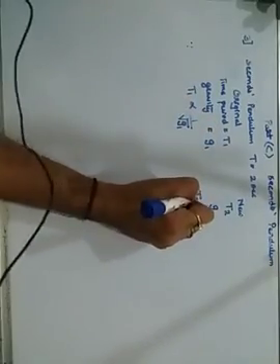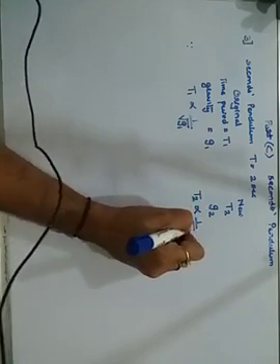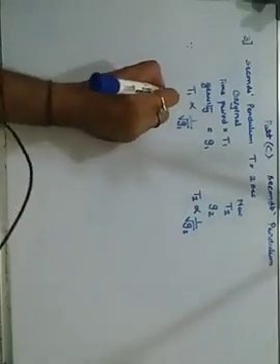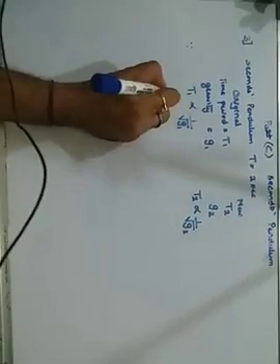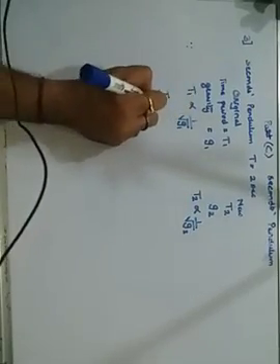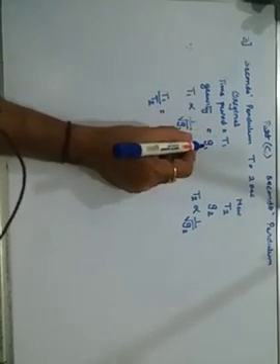Same way, T2 is inversely proportional to 1 upon root G2. Okay, so when I combine these two equations, what will it become? The proportionality sign we will remove later. So according to this rule, T1 upon T2 becomes, before that, here T1 and G1 will remain same, but